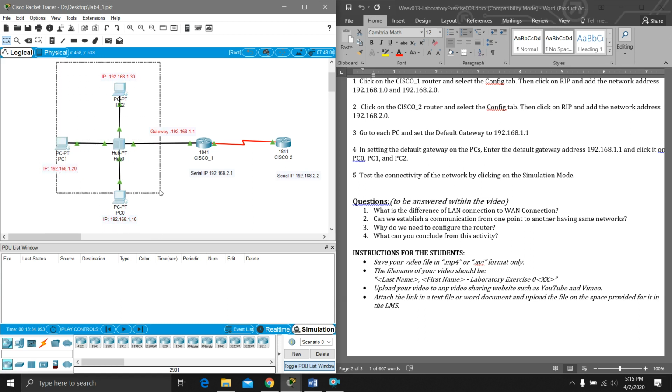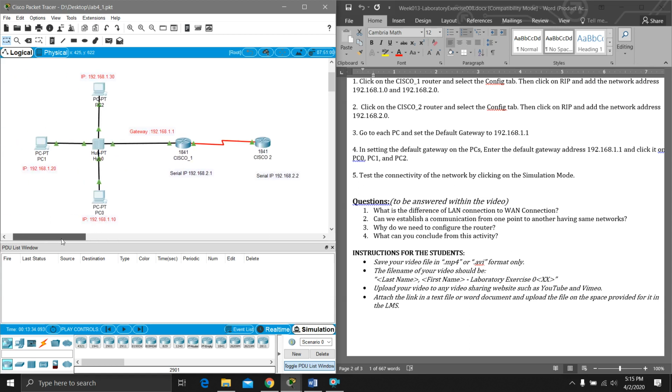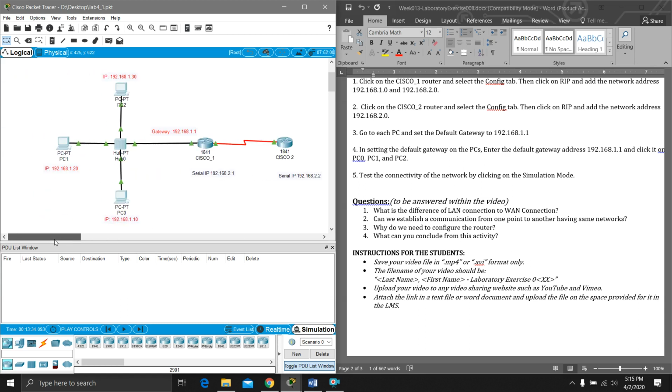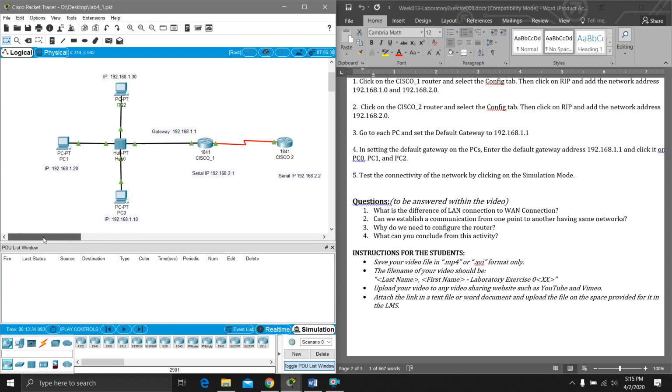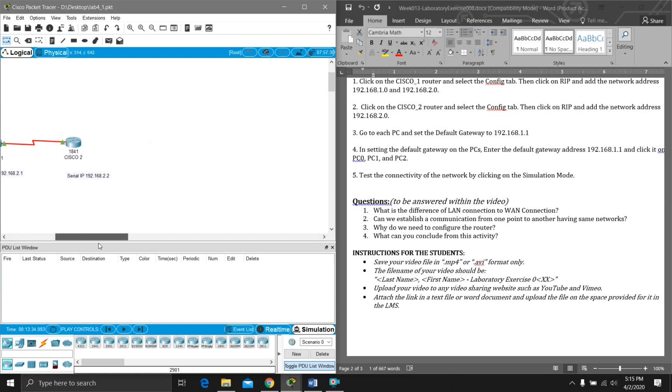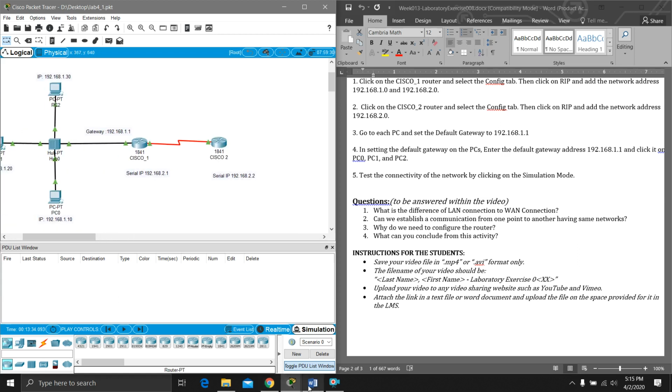In contrast to our WAN connection, with WAN connection we can connect multiple LAN connections, meaning through the use of a router, we can configure another LAN connection here. As you can see, I have here